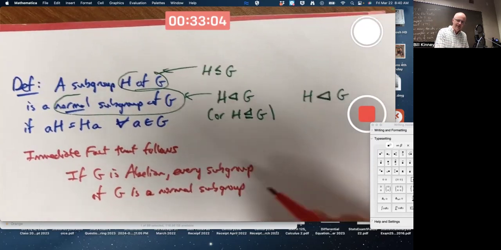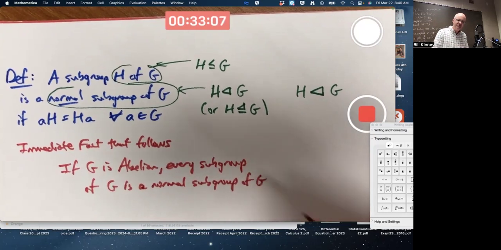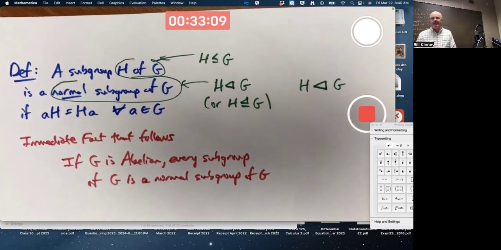So this is only more interesting, you might say, when G is non-abelian. Though we still think about normal subgroups plenty of times when G is abelian. It's just easier to think about in that case, because it's immediate that the subgroup is going to be normal. Just like there's a subgroup test. Well, we saw three subgroup tests: the one-step subgroup test, the two-step subgroup test, and the finite subgroup test. We almost always use one of the first two. Just like there's a subgroup test, there's a normal subgroup test